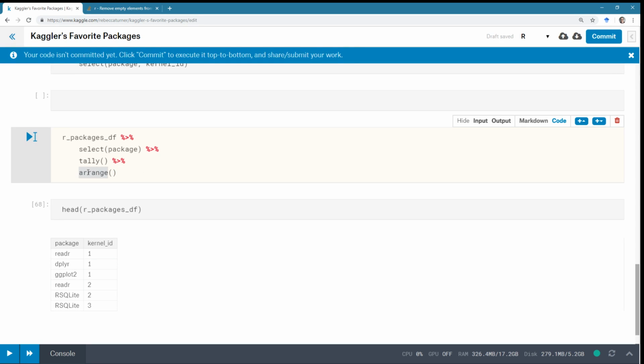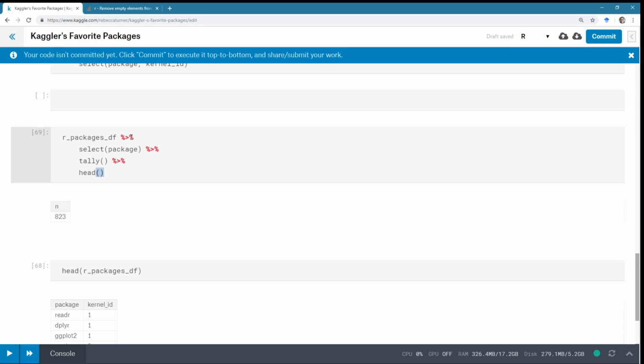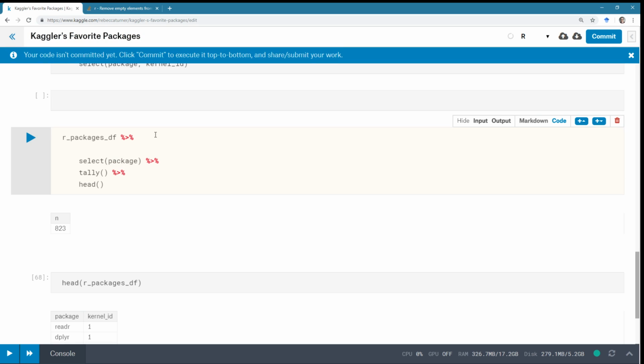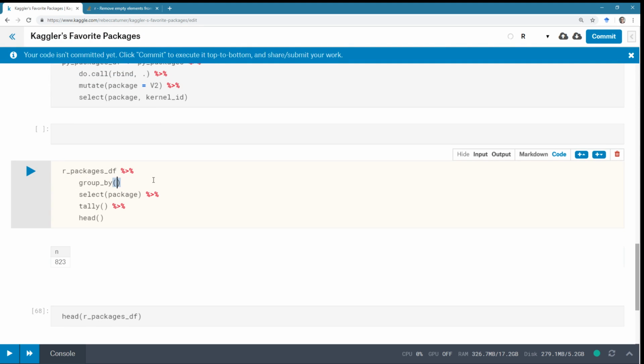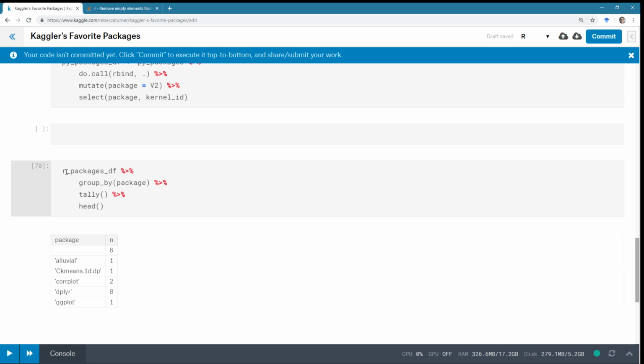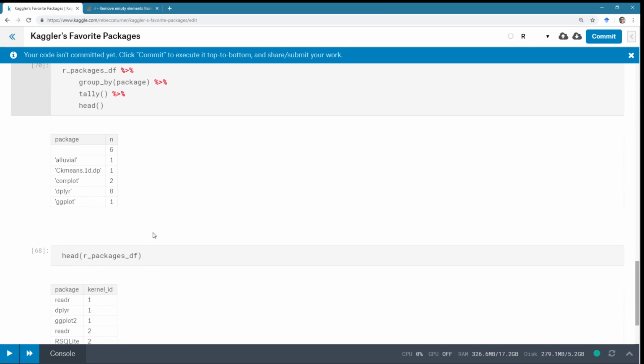Let's tally and then check what it is, and then I'll figure it out from there. Oh, I think I might have to group by package.